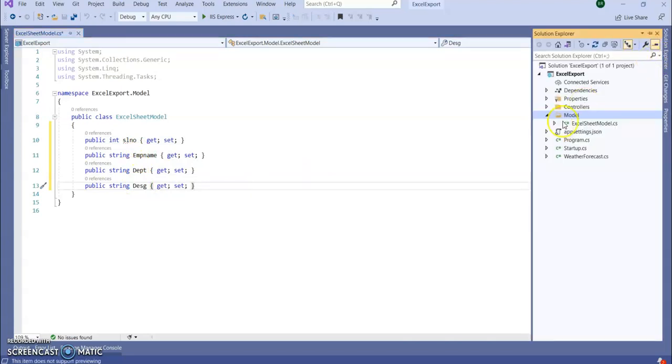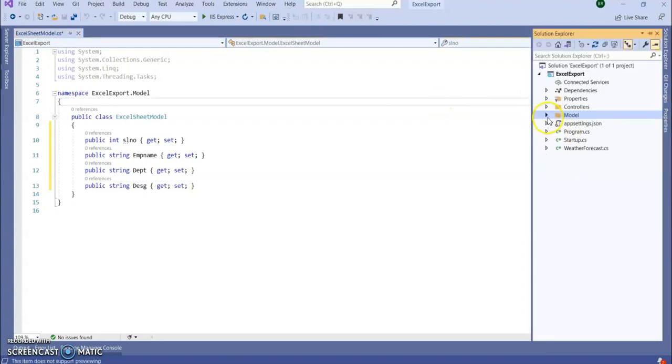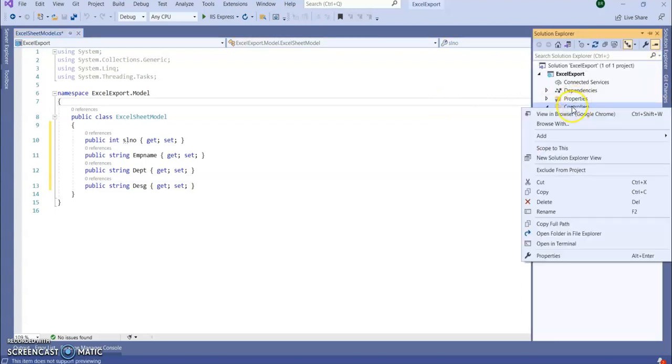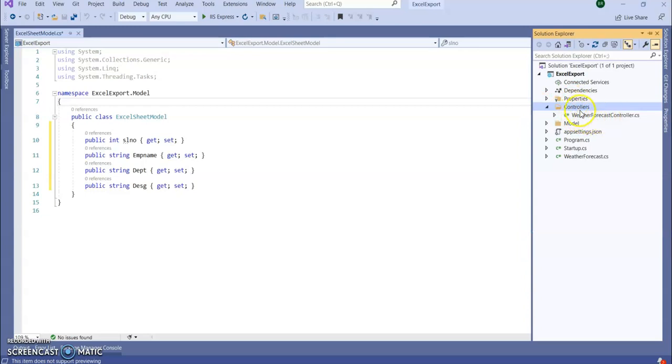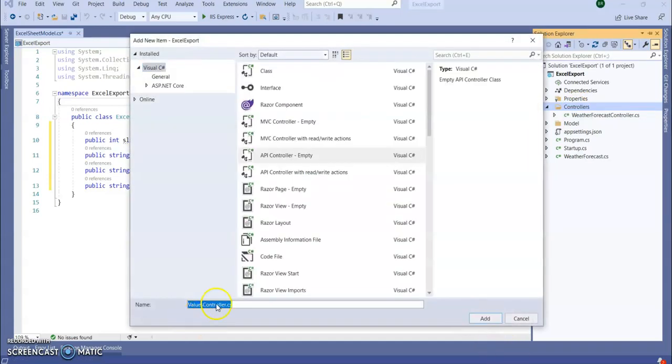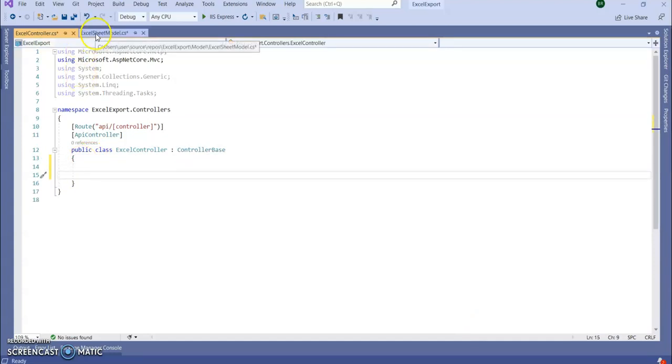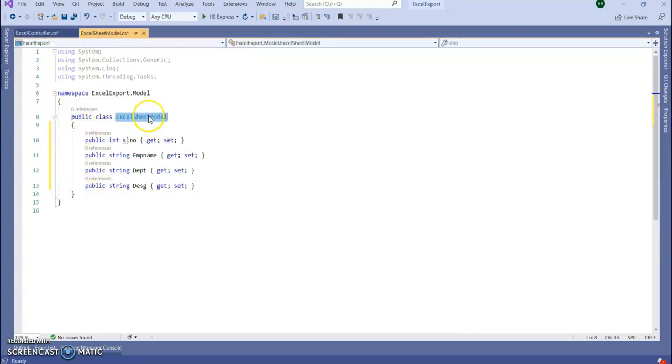Let's add our own controller to generate the Excel sheet. Inside the controller, the predefined controller is already there. I'm adding my own controller, which is a web API controller. Let's say Excel controller here. Inside this, I'm going to create a list of Excel sheet models.